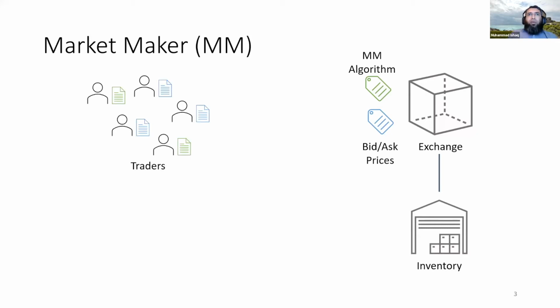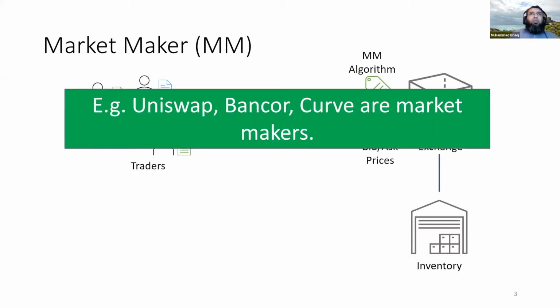So again, we have a bunch of traders that communicate with this exchange and they get their assets or they sell their assets. Newer market makers like Uniswap, Kyber, that Kaihua mentioned, Bancor, Curve, Ether Delta, there are a bunch of these actually. These are automated market makers. Most of these live on Ethereum as smart contracts.